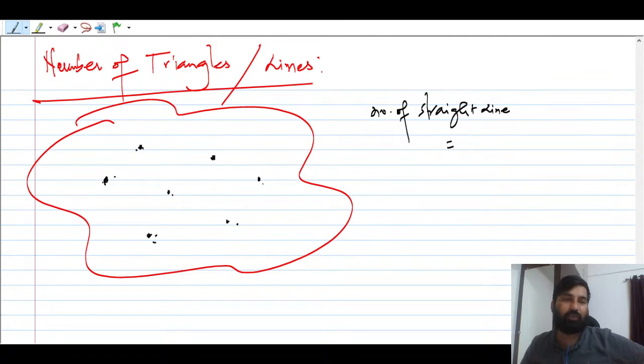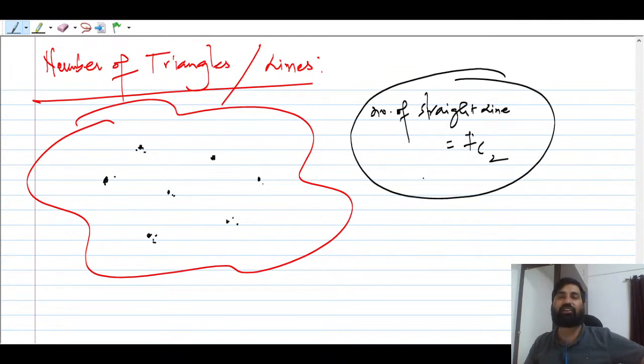You take this point and this point, join it, okay? All points are non collinear guys, all points are what, non collinear, right? Remember this, if all points are non collinear, understood? In a plane there are many points, right? So how many points are there, 1 2 3 4 5 6 7, so out of 7 you have to take 2 points to get the number of straight lines. If there are n points which are non collinear,